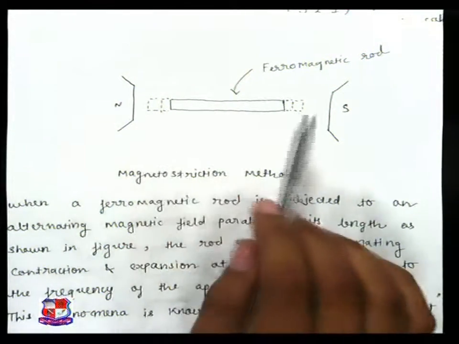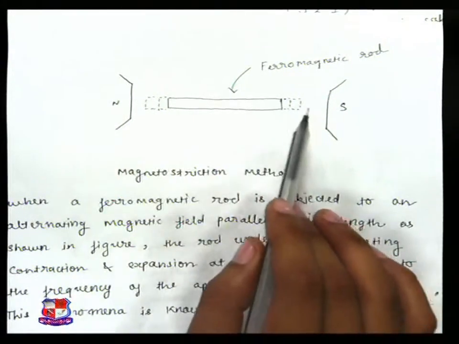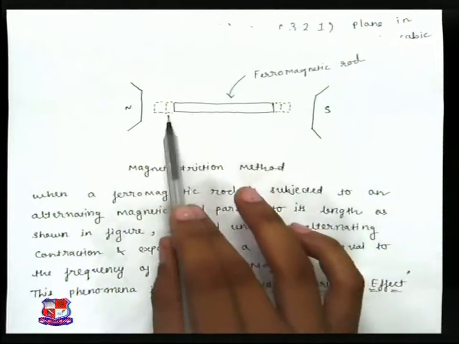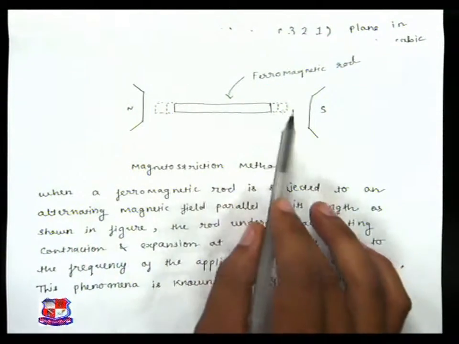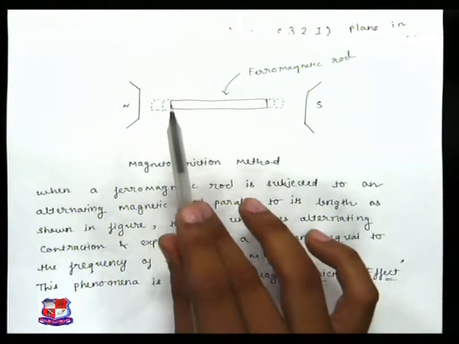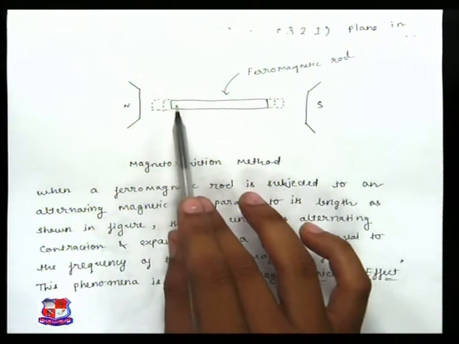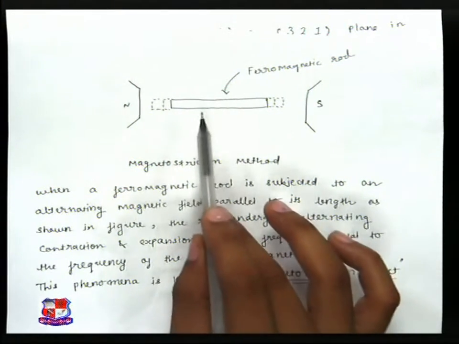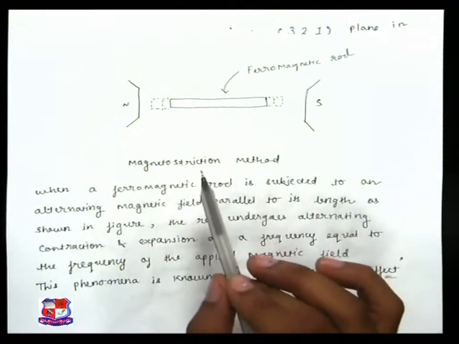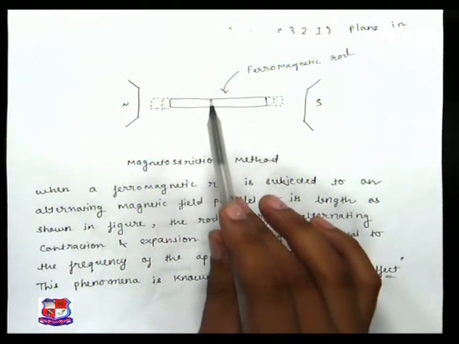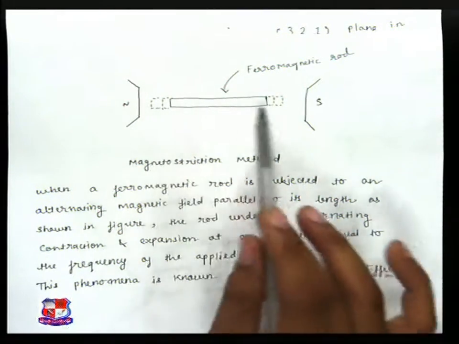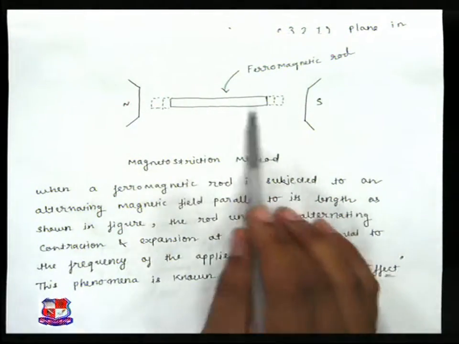When this magnetic field is applied parallel to the length of this ferromagnetic rod, this rod will start contraction and rarefaction. That means contraction and expansion. This ferromagnetic rod will contract and expand under the effect of the magnetic field which is